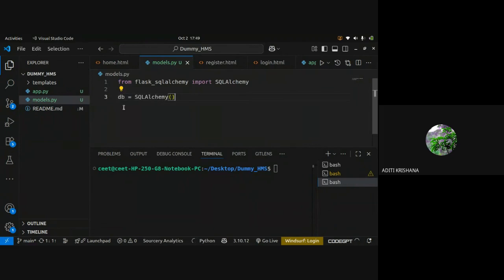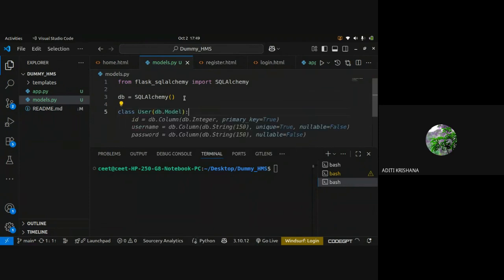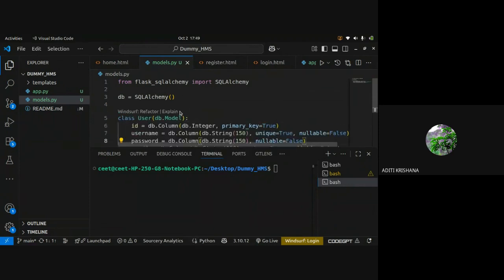Okay, so I have initialized that. I have saved that initialization of SQLAlchemy and stored it inside the db variable. You can give the variable name of your choice. So now I am creating my first table, that is the user table.